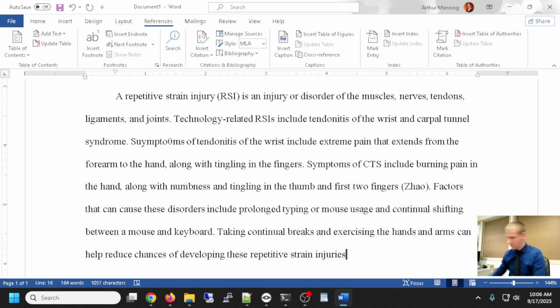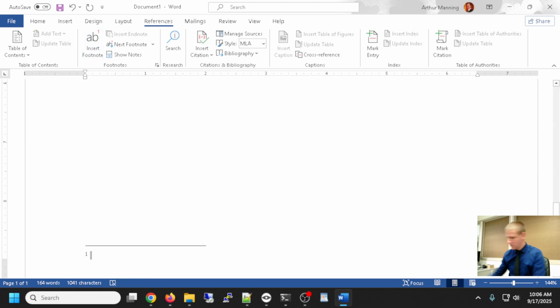And now we do type the period, and we're going to insert a footnote at the end of this paragraph. By, again, on the references ribbon that I have left open, here is the insert footnote. It will keep track of the numbering of my footnotes. It will put the footnote wherever my insertion point happens to be. Let's watch what happens. I click insert footnote. It will take me to the bottom of the page, automatically put the number in for me, and I can